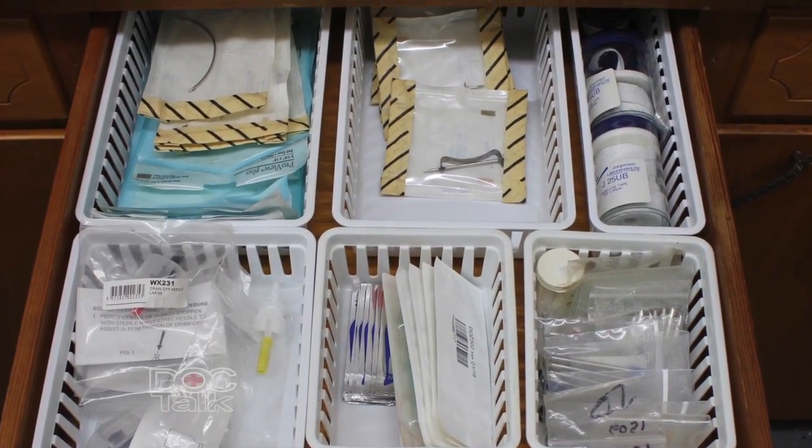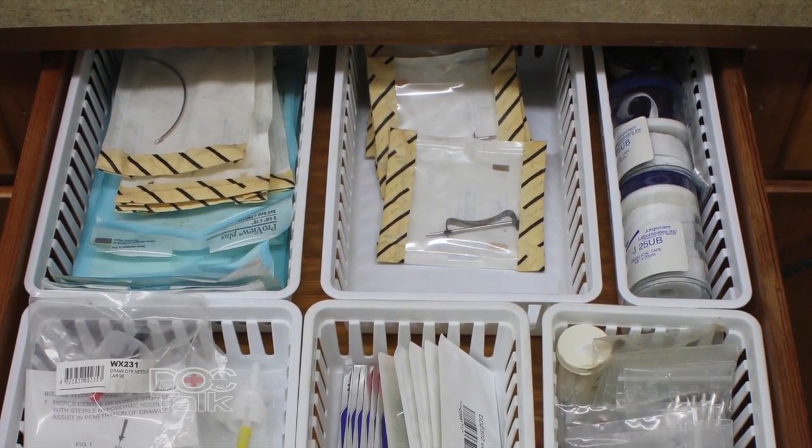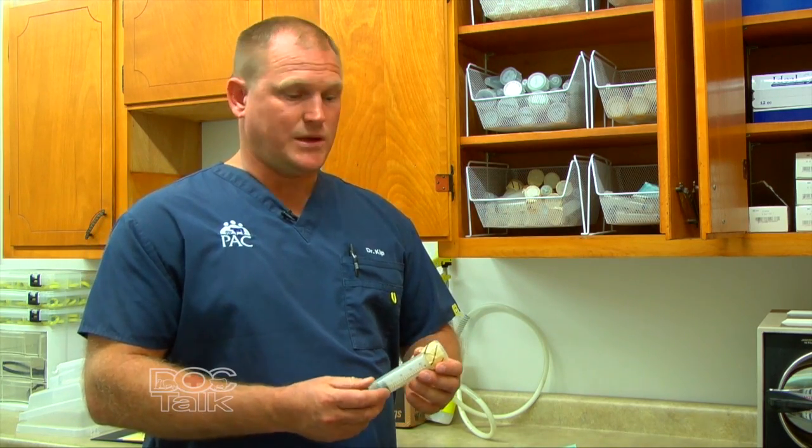Anytime we're mixing up vaccine, we want to make sure that our transfer needles are clean. We do not use any disinfectants such as chlorhexidine, dish soap, or any of that to wash them up, as it will destroy the modified live. If we are reusing disposable syringes, we always properly clean them in hot water, and then we autoclave them and